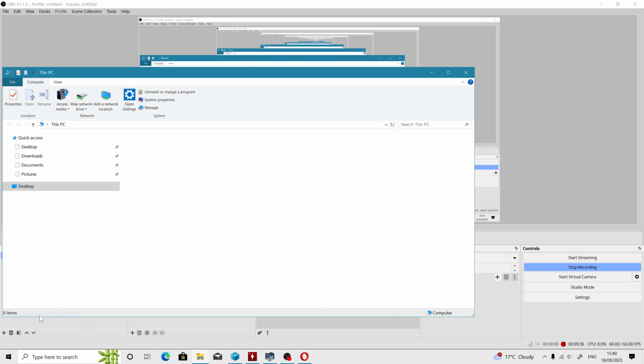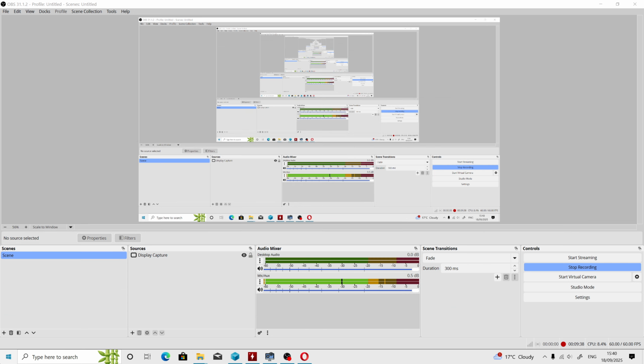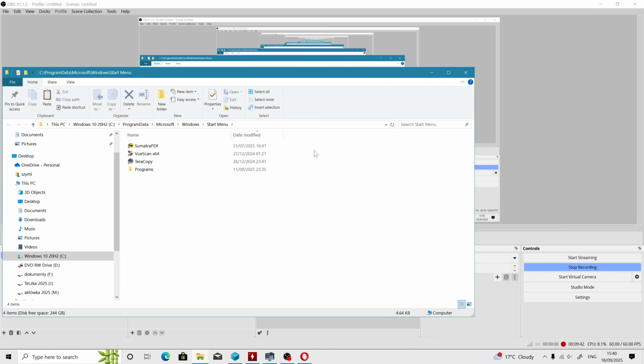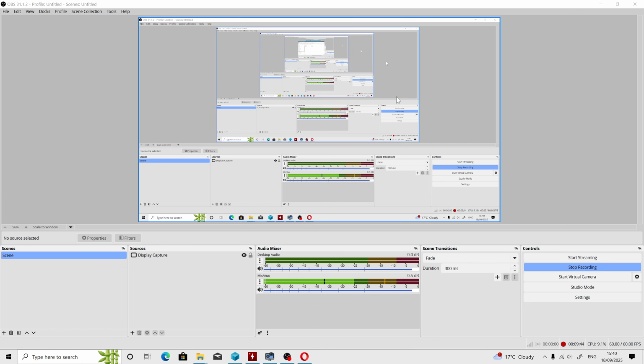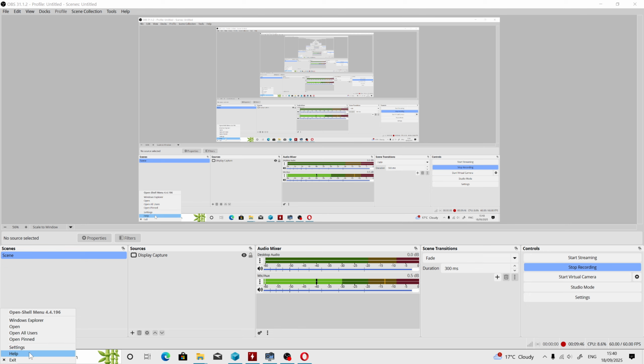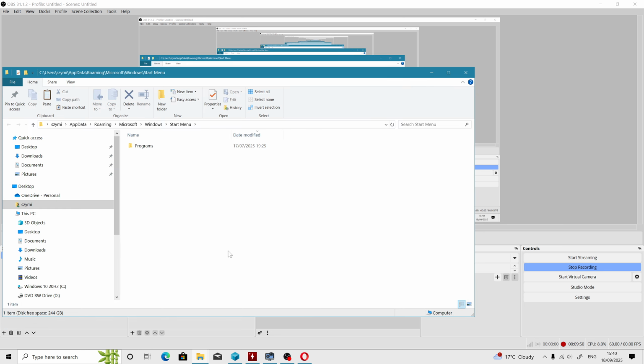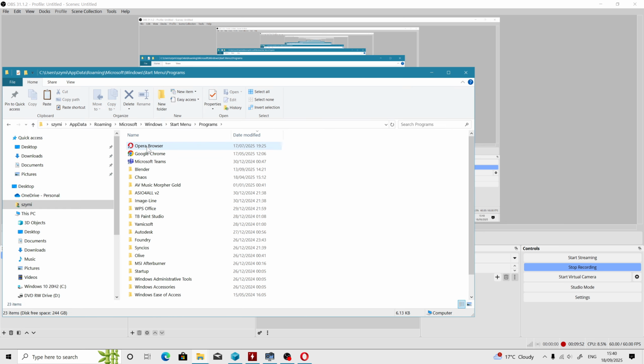What is this? Windows Explorer? Oh, you can have access to Windows Explorer, open all users. Oh, this is interesting. Open. And see